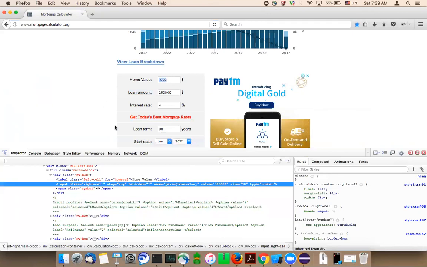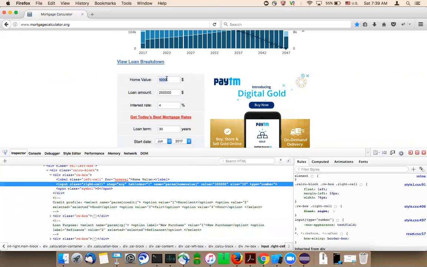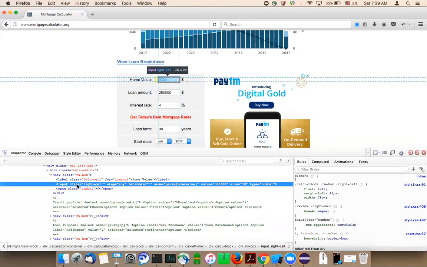Yeah, that's correct. Now tell me, when I inspect the element, this is the tag which is highlighted. Tell me what locators you can find from this tag. Tag name, yeah.